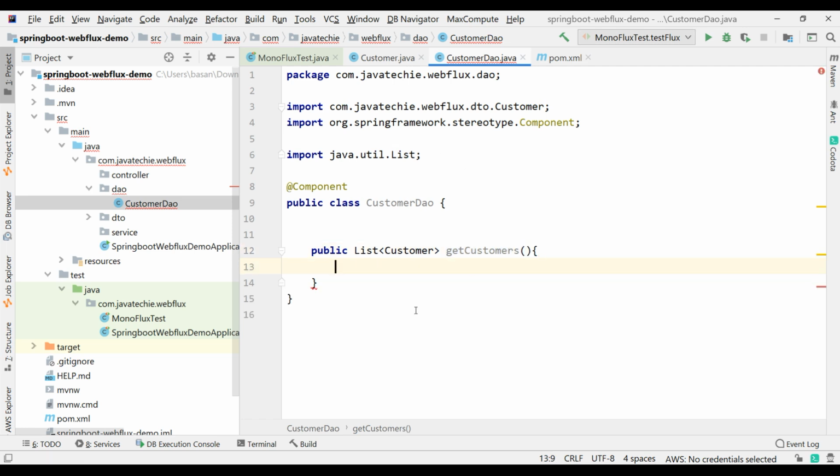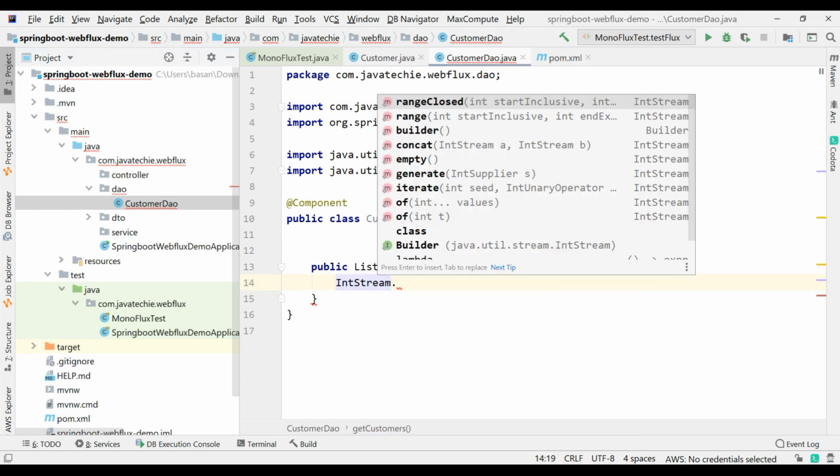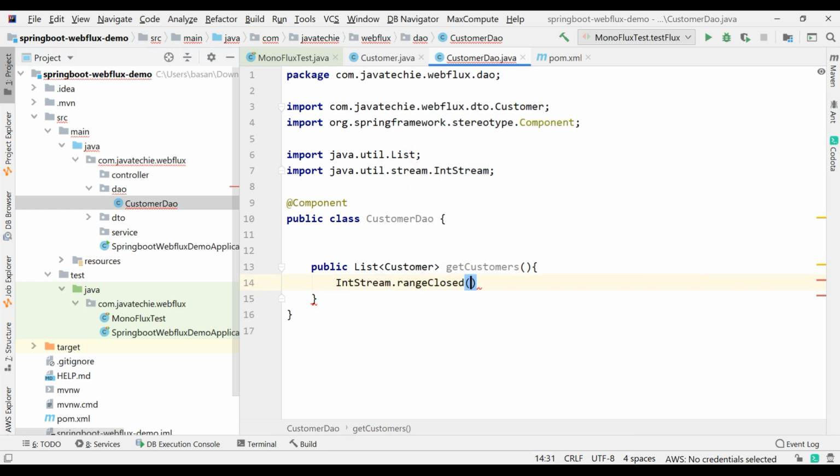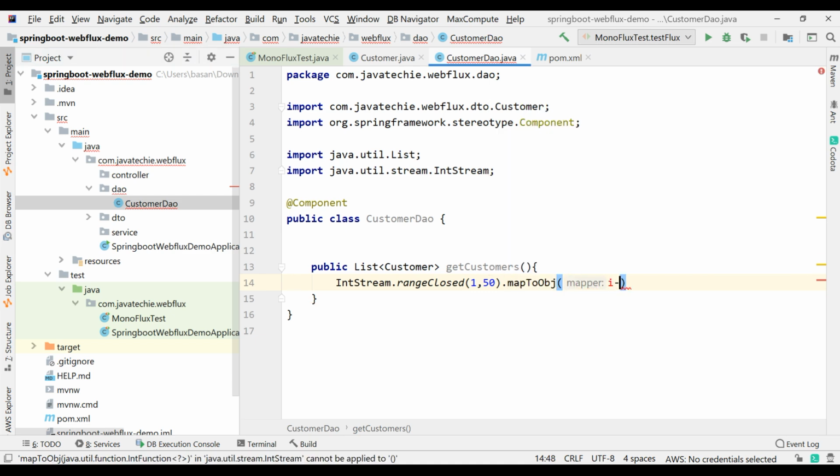For example, let's say we just want to return 50 Customer objects. So I'll use IntStream.rangeClosed from 1 to 50. Then I want to map these 50 records to the Customer object, so I'll do mapToObj, new Customer.